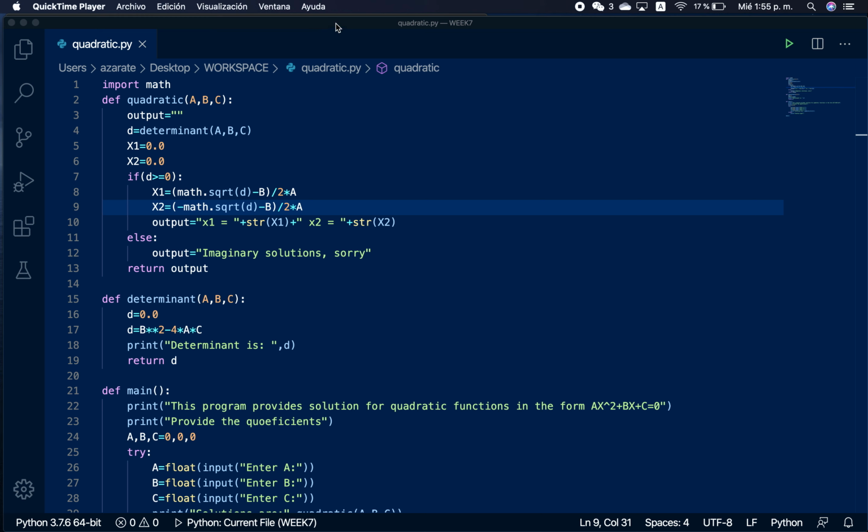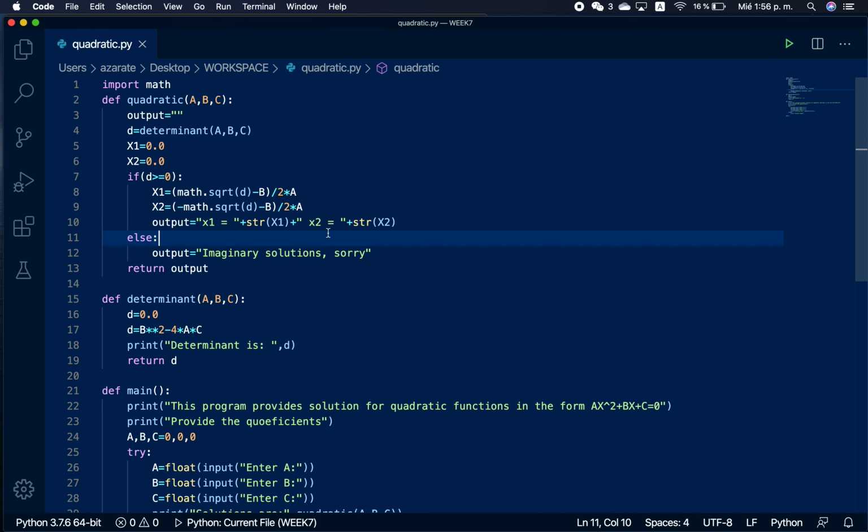Usually all IDEs have the same capabilities, so in IDLE there should be a way to watch variables and to define breakpoints and all that. Since I haven't used that, I'm not going to make a video about it, but I think I should find one and provide it to you guys as a second choice. All right, so